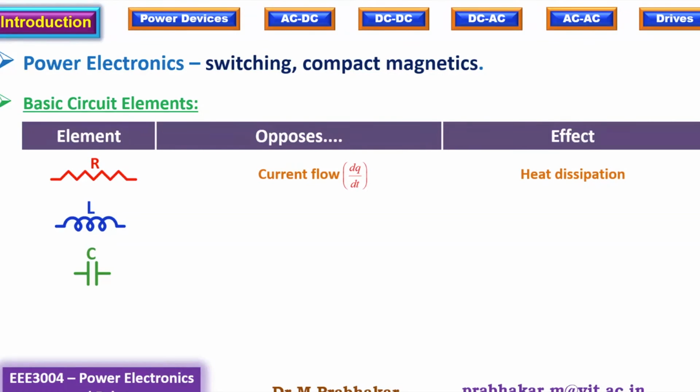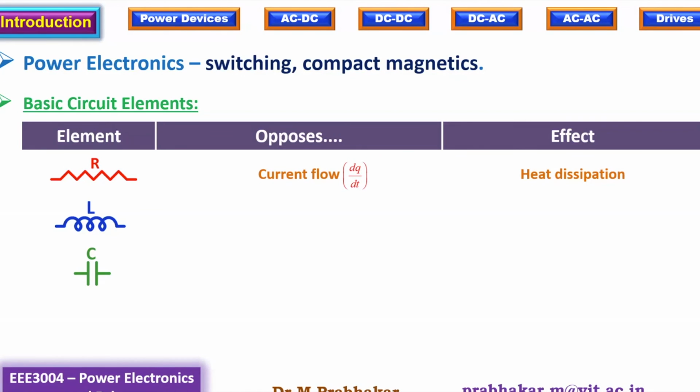Okay. If we want to minimize R, there must be other elements that are going to support the power conversion, the energy flow. Therefore, the other two elements which come handy are, one is the inductor, other one is the capacitor. Both are energy storage elements, and they don't consume any real power. Ideally, ideal L, ideal C, they don't consume any real power, but then they store energy in various forms.